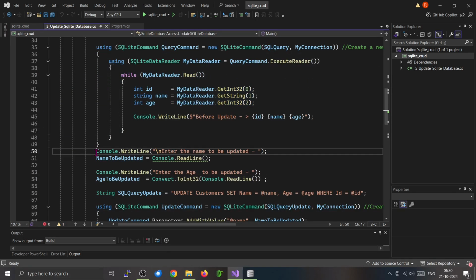Then we will ask for the data to be updated. So here we will use the Console.WriteLine to enter the name to be updated. Then we will read that data into name to be updated. That's a string to which we have to update the name. Now we will read the age from the command line using the Console.ReadLine function. Since ReadLine returns a string, we have to convert that into Int32, and that will be stored in age to